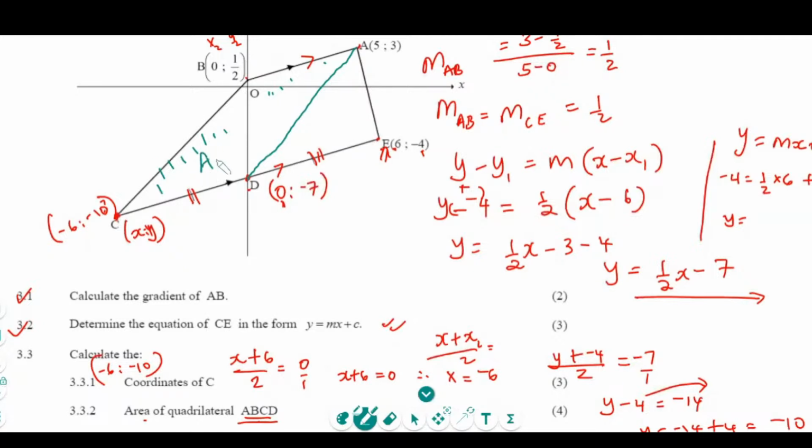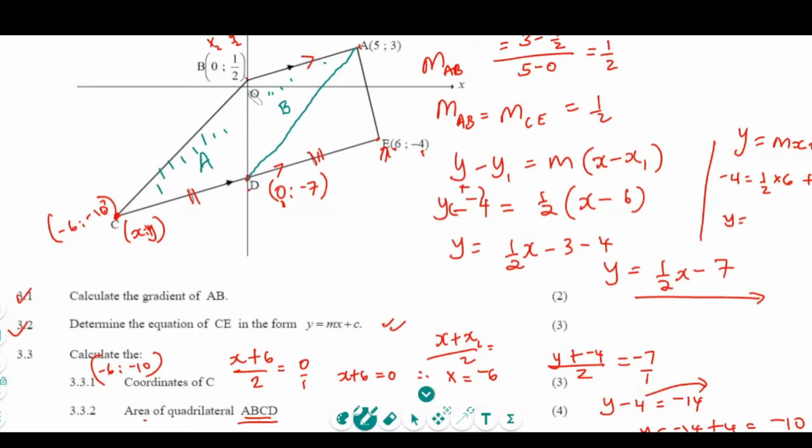I can call this shape A. I'll call this shape B, because I'll have now two triangles. I'll calculate the two areas separately and I'll add them. Then these triangles of mine are not right angled, so I cannot rush to say area is a half base height. But if I look at this line,